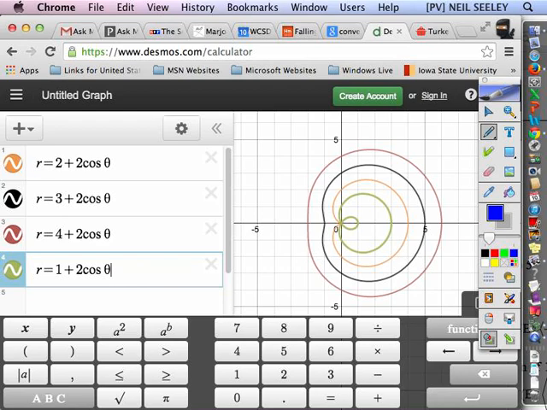It just helps me because I don't have to think about them anymore. I literally look at that and go, oh yeah, it's going to touch the origin. Oh, more powerful, it's going to be out a little bit, it's going to be a dimpled limacon. Ooh, it's way out there. That's going to be a nice convex limacon. This one here,